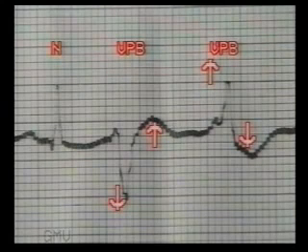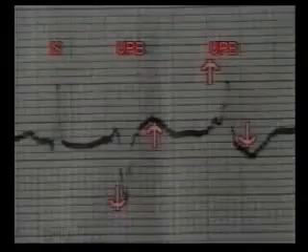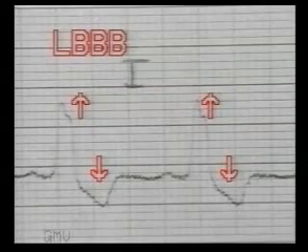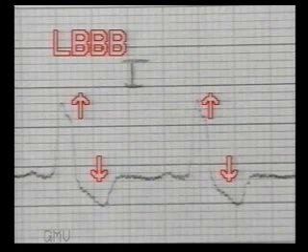In this strip, we see multifocal ventricular premature beats. The first beat is normal, and second and third beats are ventricular premature beats. Note that the T wave is opposite to the direction of the main QRS complex. This is an ECG of left bundle branch block. Note the RR' pattern, wide QRS complex due to aberrant ventricular conduction, and inverted T wave.